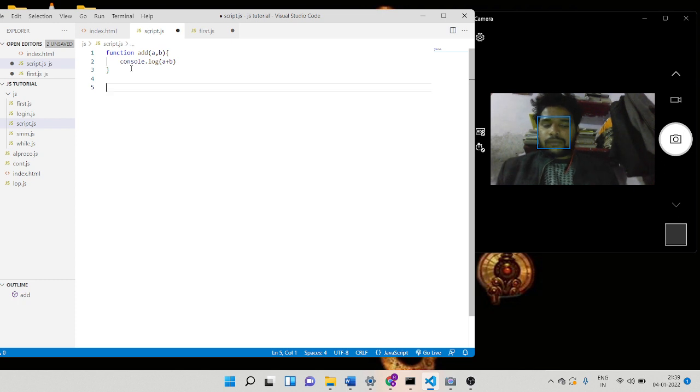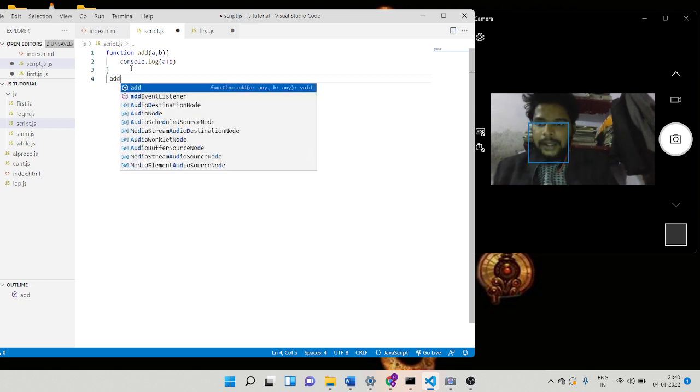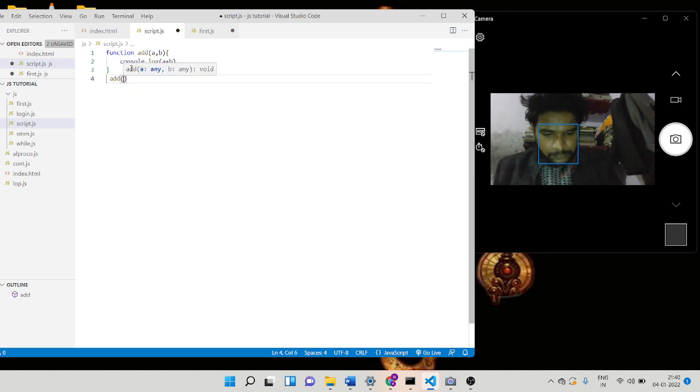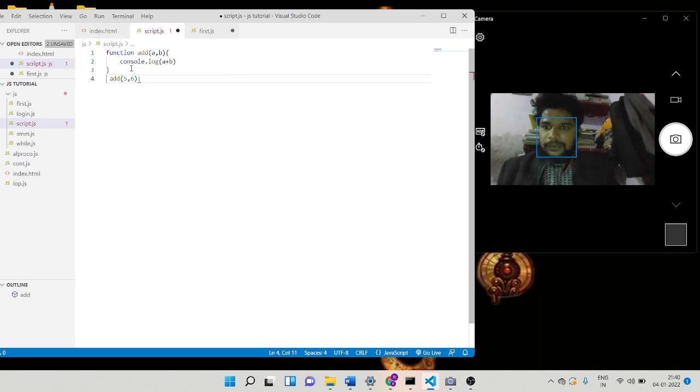Then we write the function call, because we want the answer on the console. So again we write console.log, add 5, 6, right?